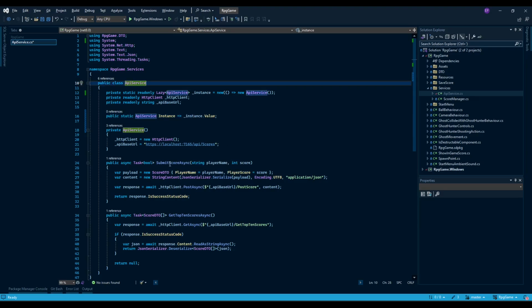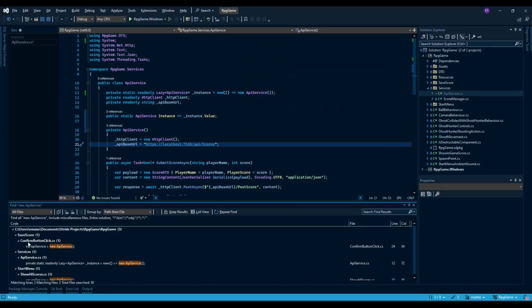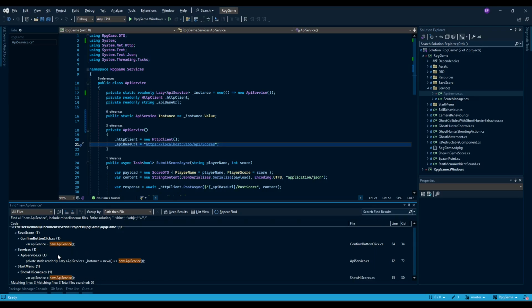And now the only thing we need to do is to find where the API service was being created and modify the code to read the instance attribute from the API service class. So let's do that. Pressing Ctrl Shift F, and we open our find and replace window, and we will type in new API service, and we see that in the confirm button click file, we are creating a new API service, and also with